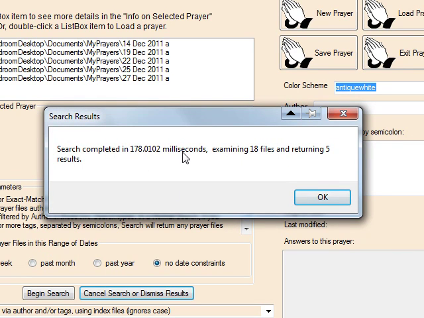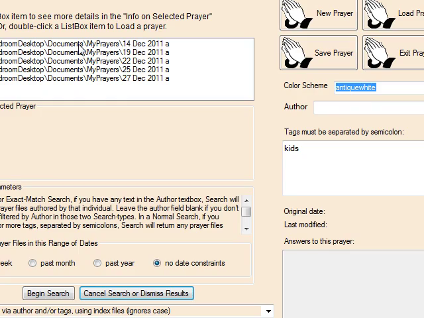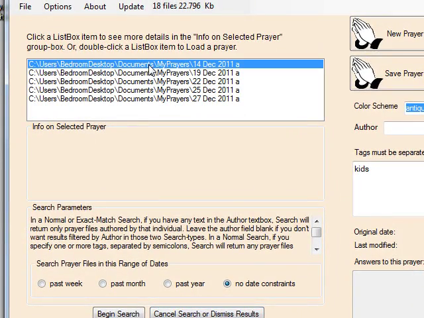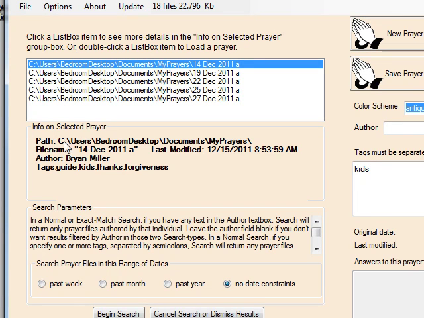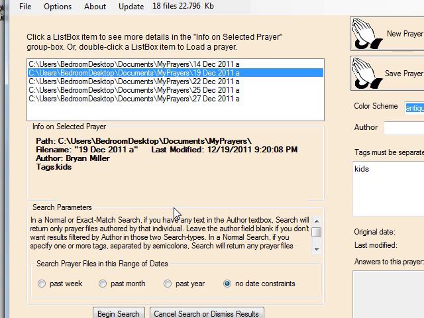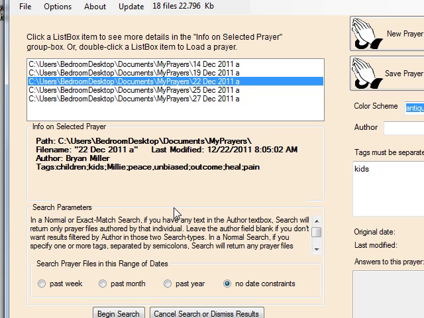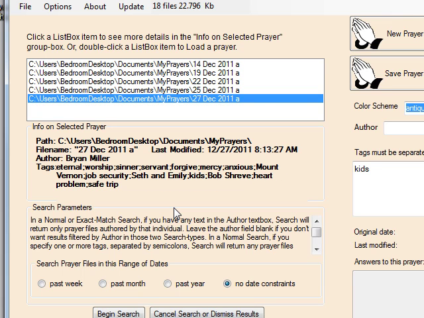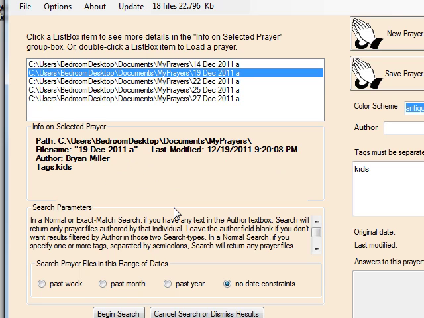You see it's relatively fast, examines 18 files in a little less than 2/10 of a second, and returns 5 results. The results of a search are always shown in this list box. When you click on any result, associated information is displayed here in bold text. The path to that file, the file name, the last time that file was written to, the author, and any tags that were associated with that file. And as I scroll down through each one of these, you'll see that each one has the tag kids associated with it. In most, it's one of several tags, and in this one, the second one in the list, it's